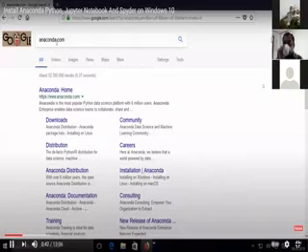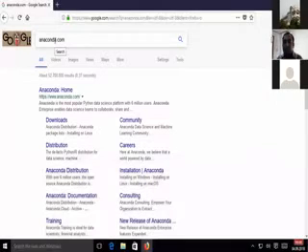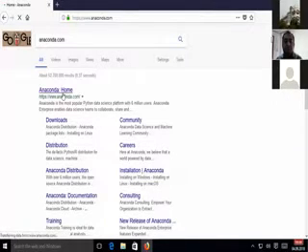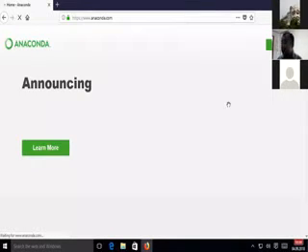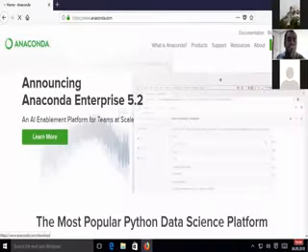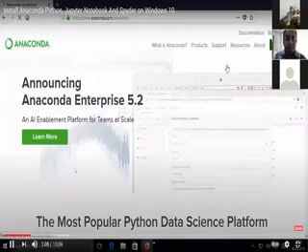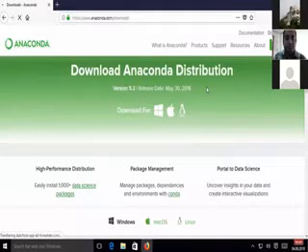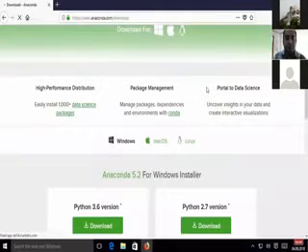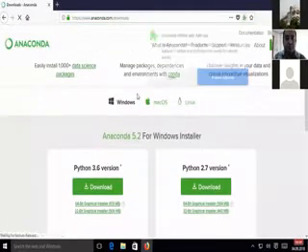Search for anaconda.com on your favorite browser, and the first link which will appear here will obviously be from the anaconda.com website. So we're going to go into this website, and once it is open, on the left hand side you will be able to see this download button, which is a green button here. I'm going to click on this download button, and once this download section opens, you can download Anaconda for Windows, macOS,